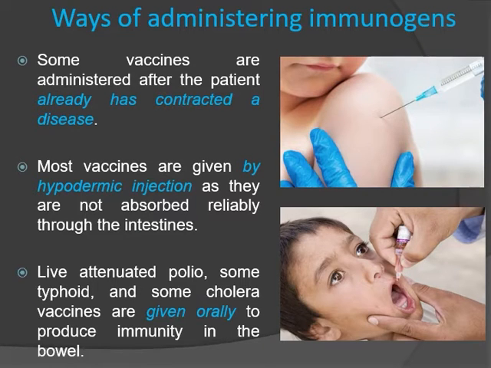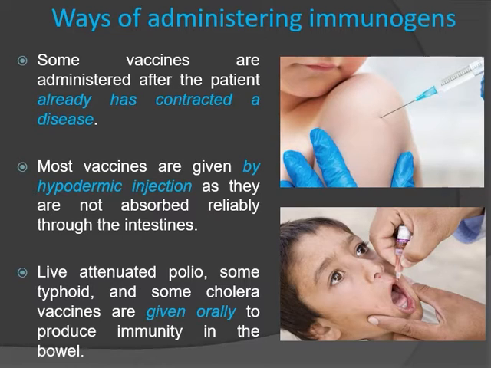Most vaccines are given by hypodermic injection as they are not absorbed reliably through the intestines. Live attenuated polio, some typhoid, and some cholera vaccines are given orally to produce immunity in the bowel. While vaccination provides a lasting effect, it usually takes several weeks to develop, while passive immunity, the transfer of antibodies,